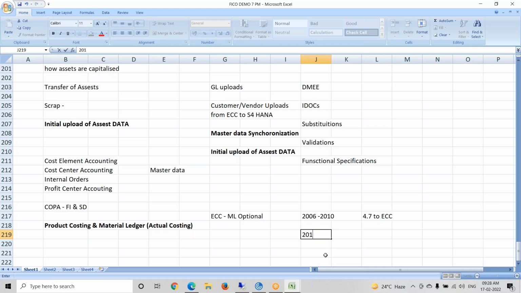Now after 10 years, the same story is repeated. From 2015, 16 onwards to 24, they will ask you what is the difference between ECC and S/4HANA. For every 10 years, SAP will come with a new product, and again we have to migrate. Common thing.